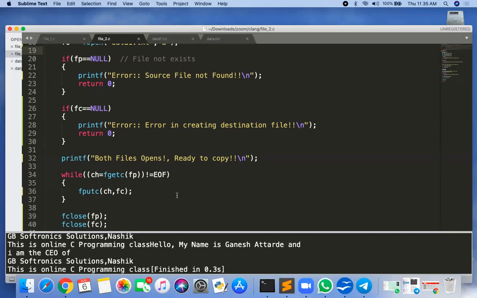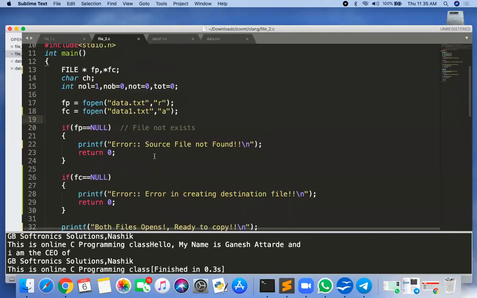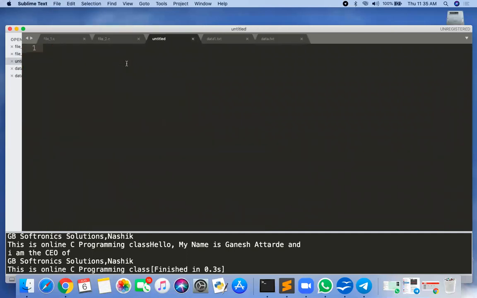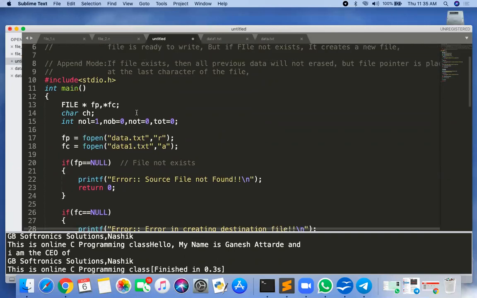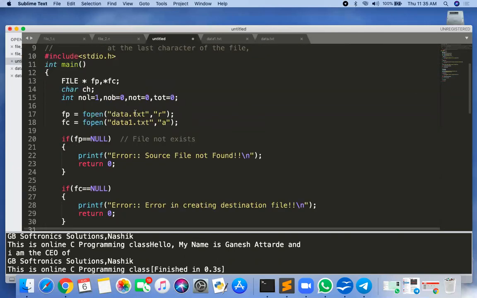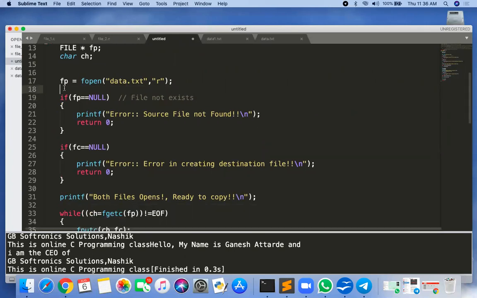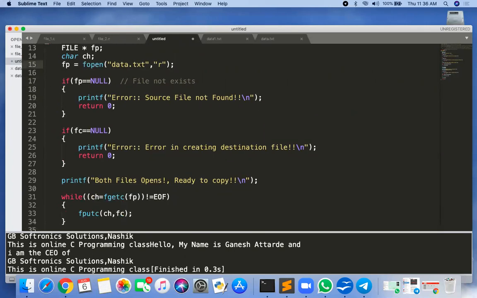So we'll do one program. Just copy this program and create a new file where I'm taking the user input, and that user input I'm adding into the file. So I require one file pointer only. The data I require, but it should be in write mode.